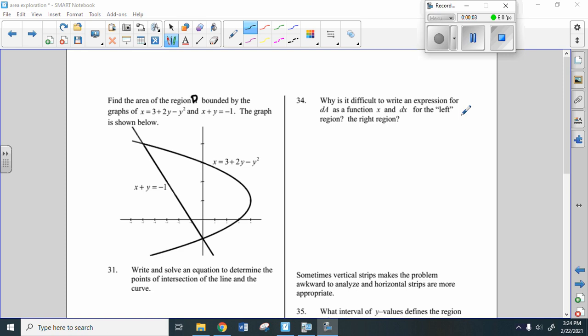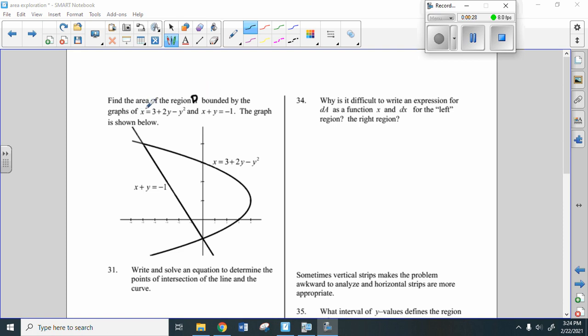All right, we're going to wrap up the area exploration. I have renamed this region D just so we can keep it separate from the other videos that we did. But I have given you some very different curves here, not the same graph at all. It says find the area of the region, again, we're going to call it D instead of A, bounded by